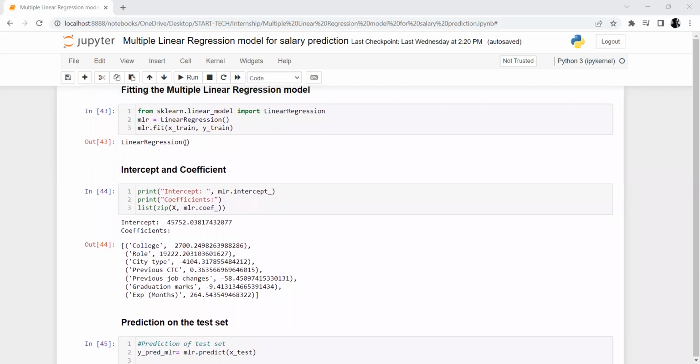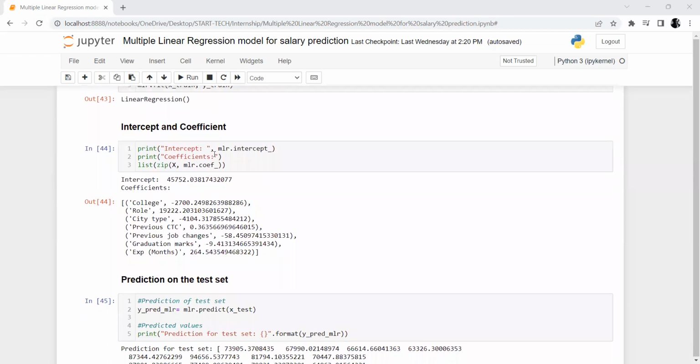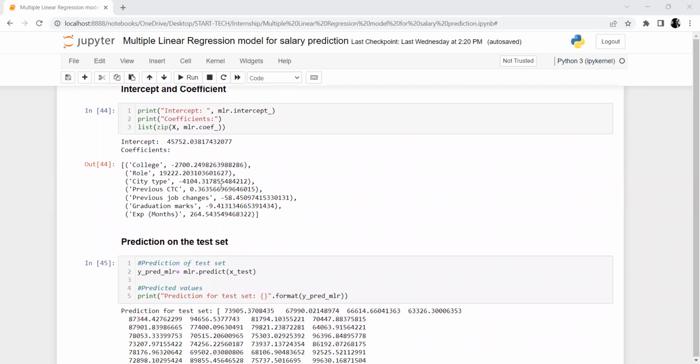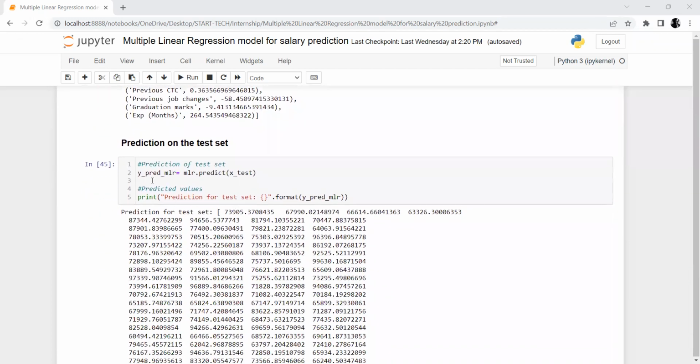and here the linear regression model is trained, and after that we can find the intercept value using the MLR.intercept method, and here the coefficients of the line which we have got after training on the data set. Here you can see the intercept is this, and the coefficients of the independent variables college, role, city type, previous CTC, previous job. This is all the coefficients you can see,